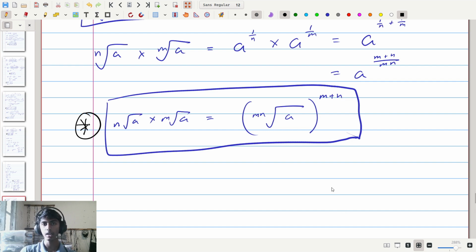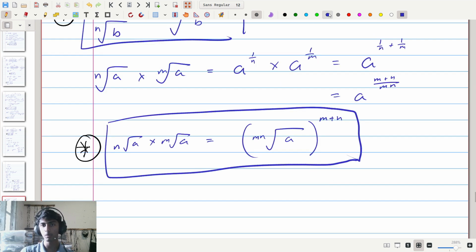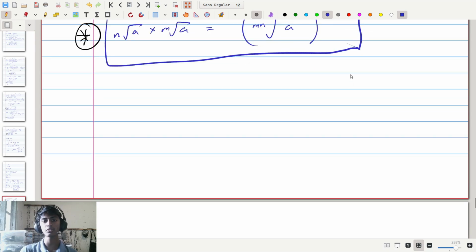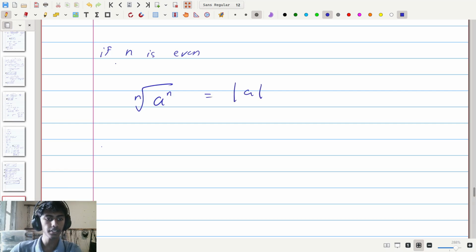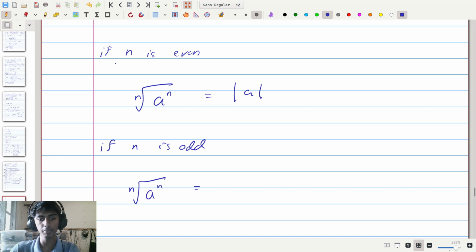So there. Now we have only a few other things to talk about in terms of roots before we can finally get to logarithms. It is that if n is even, then what we have is that the nth root of a to the n would be the absolute value of a. However, if n is odd, in this case, the nth root of a to the n will be just a. So here, what's happening here is